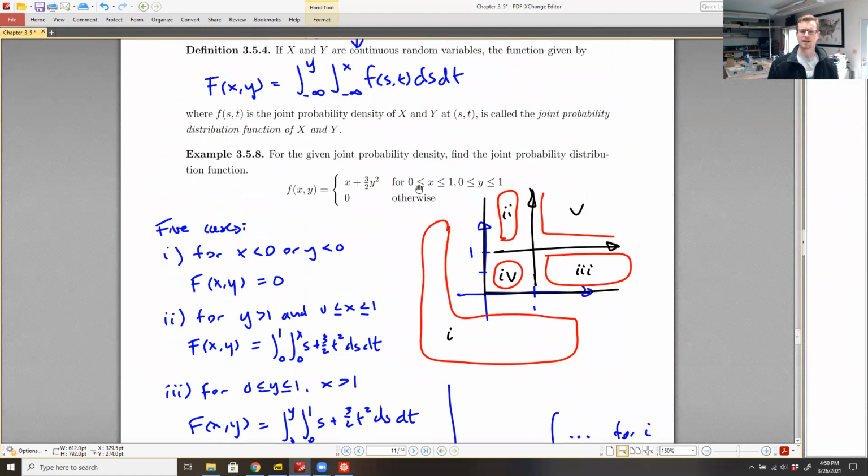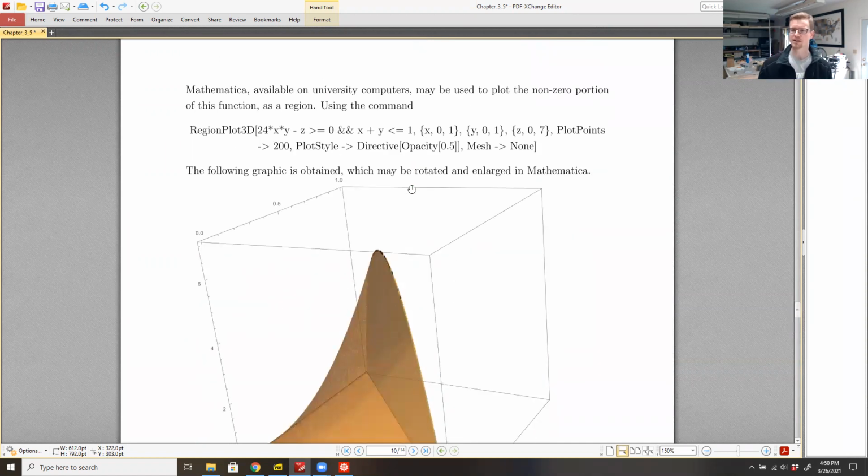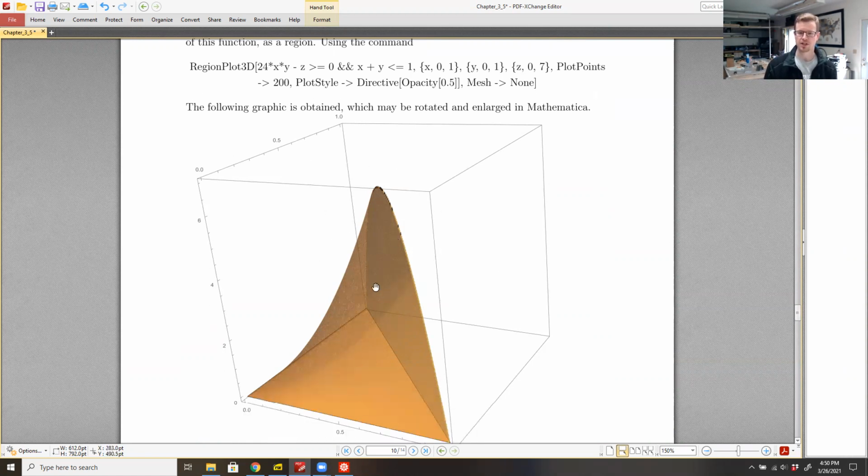As a quick comment, you may have noticed that I did skip over the previous page. It's not completely necessary for us to have, but it's just another comment about using Mathematica to plot regions. So this one I changed a little bit from the very basic things, but I would encourage you to copy and paste this into Mathematica and observe that you can get exactly this thing, which you can enlarge. How do you enlarge it? You would click on the image and then pull the corner of the box. So that's how you would enlarge it. And then you can click on the image to rotate it as well. And that's pretty similar to what you would experience in